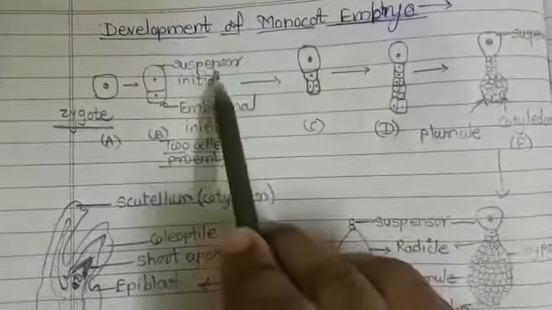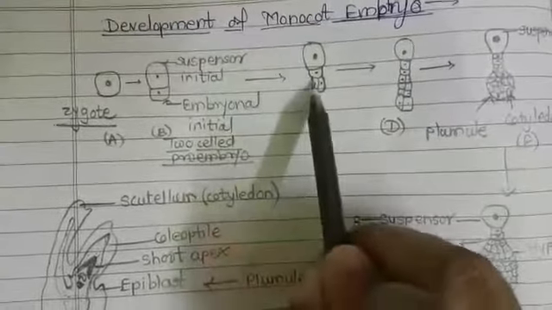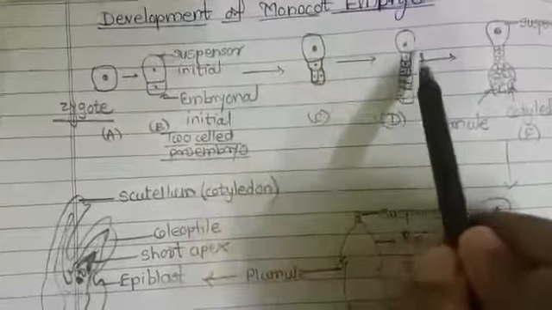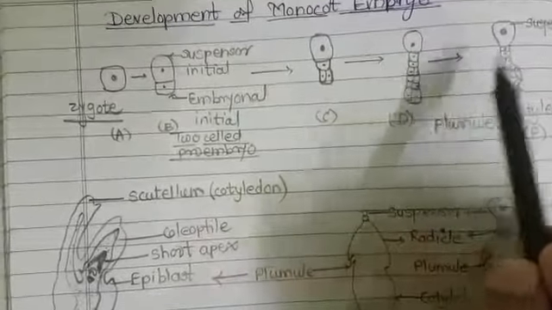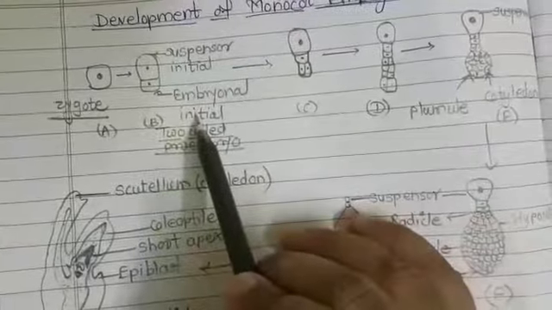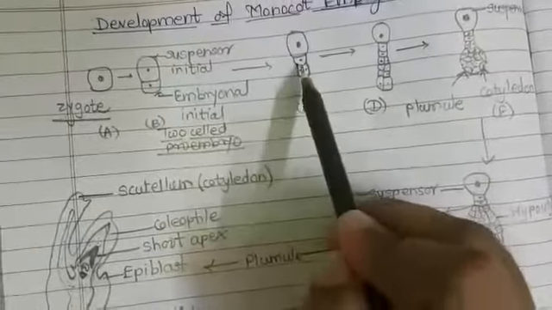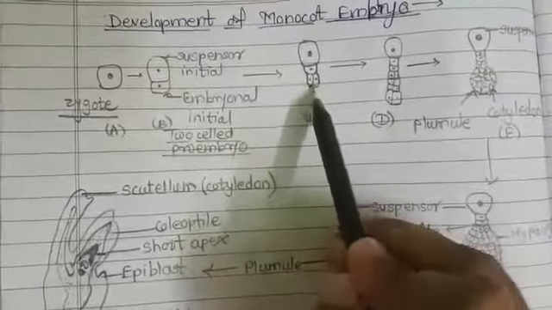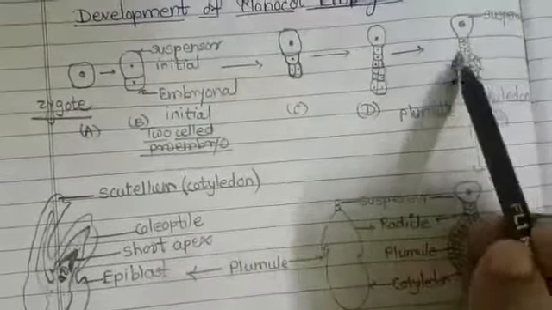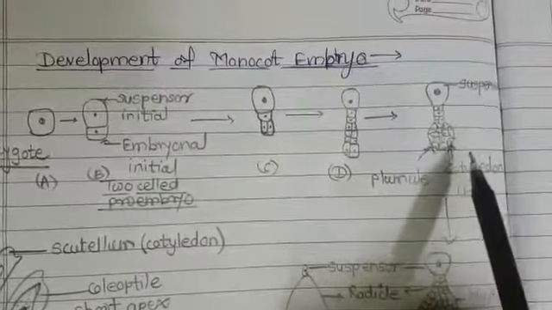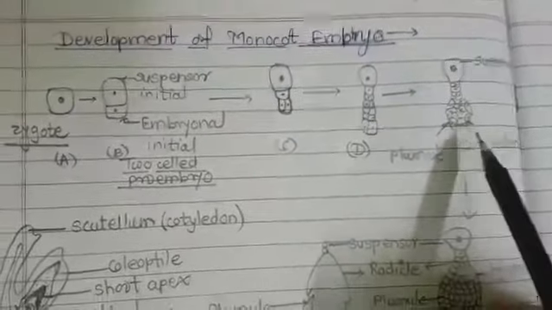After that, the suspensor cell shows transverse division. See, this is the suspensor cell and it shows transverse division and forms a single row of cells, while in the embryonal initial cell vertical divisions take place. These are the vertical divisions and they form the octet cell stage, that is the octet cell embryo structure. After that octet cell stage,